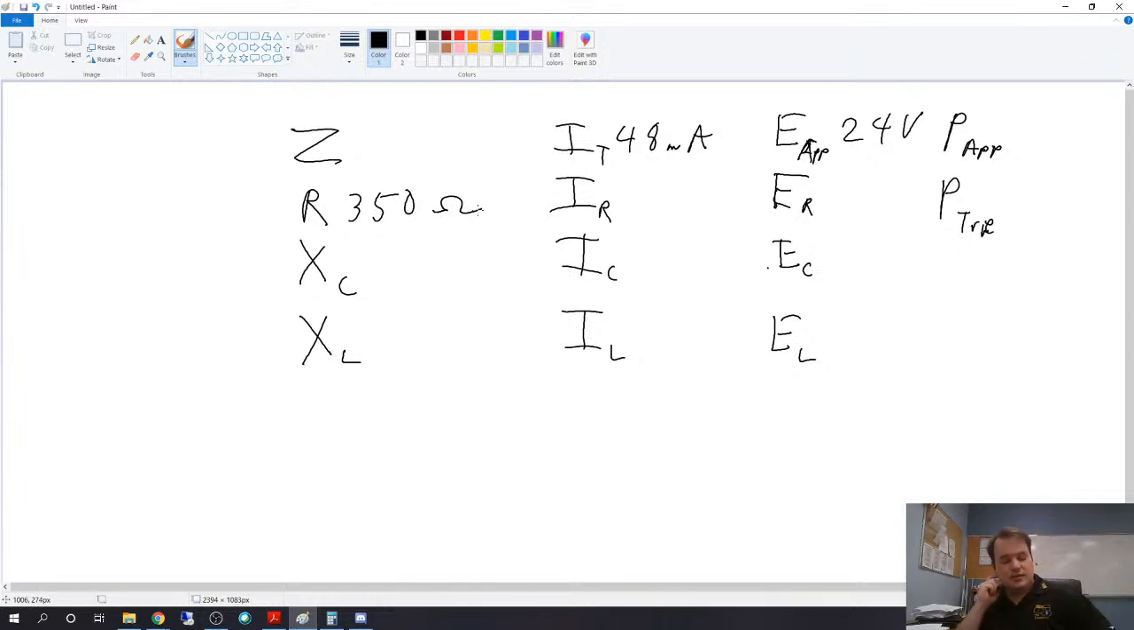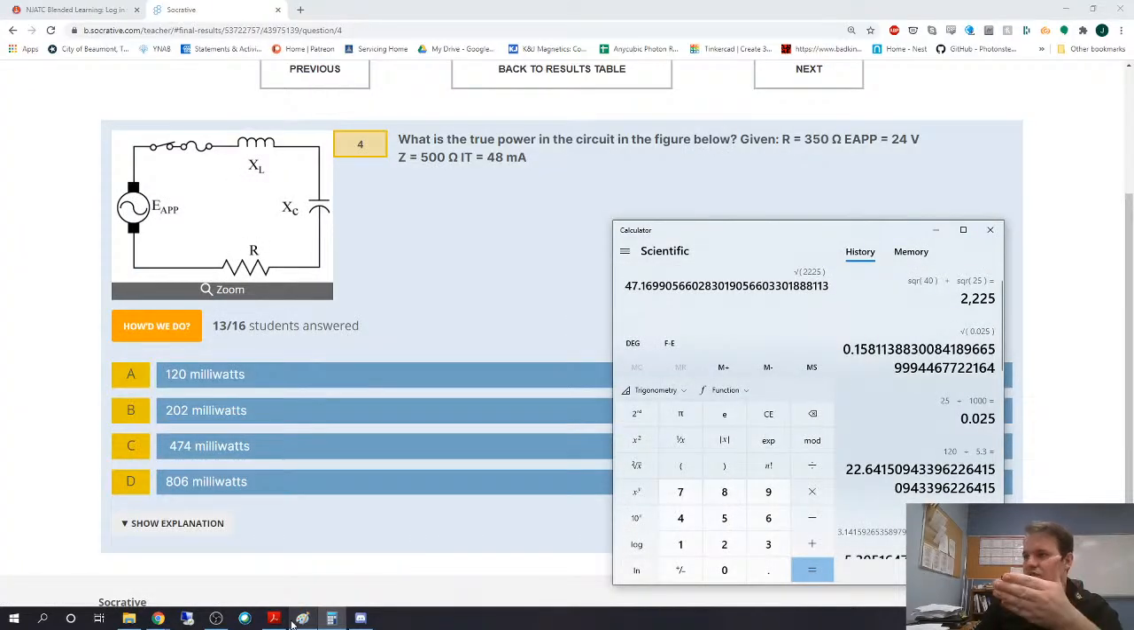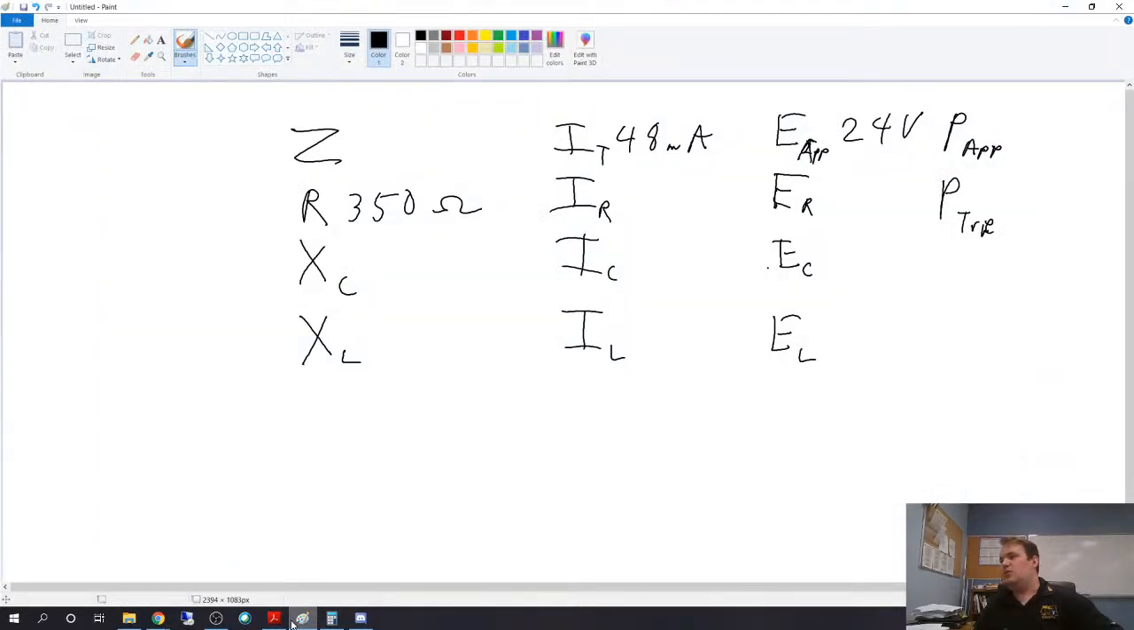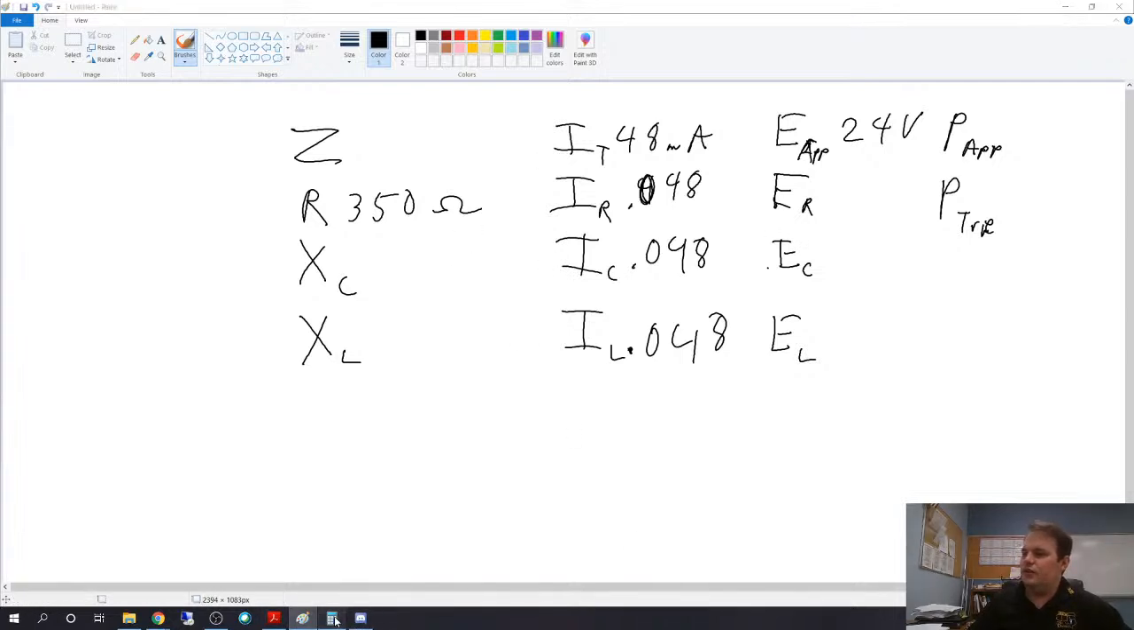This one's very easy. That's a series circuit. You can see the circuit's a series circuit. So what do we know about series circuits? We know that current stays the same. So we can put 0.048 in each column. We don't care about the other two. All we care about is doing